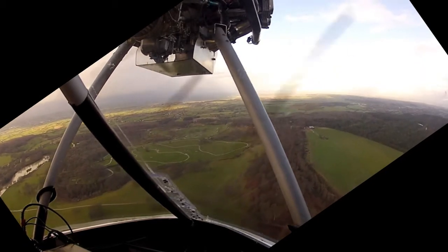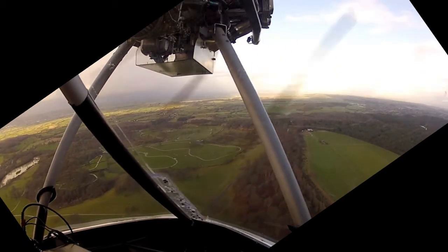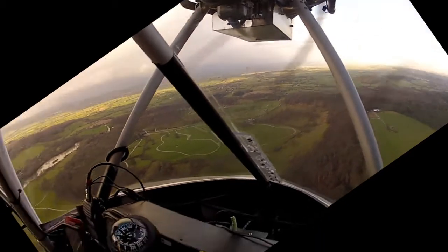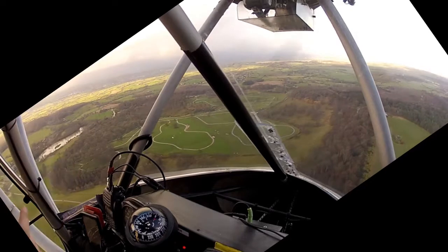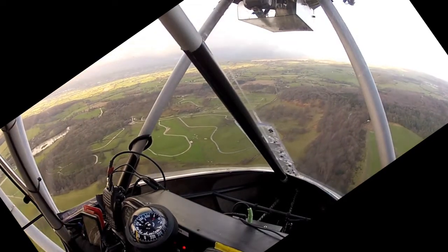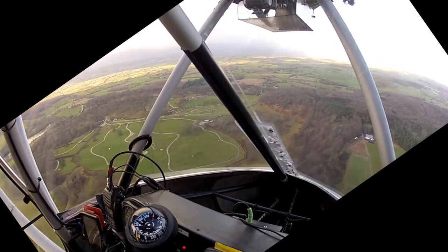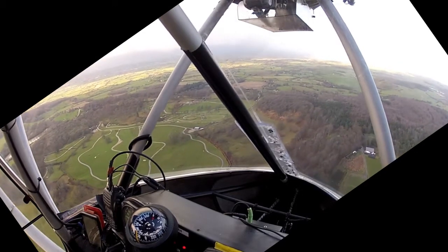Looks very small from up here, but it's quite a big park actually, and very much worth a visit. The lions are actually kept in that bit down there. I can see the double security enclosure, so that's the bit you really don't want to land in if you have an emergency. Not that I'd try to land anywhere near there because I'd get in a lot of trouble, but